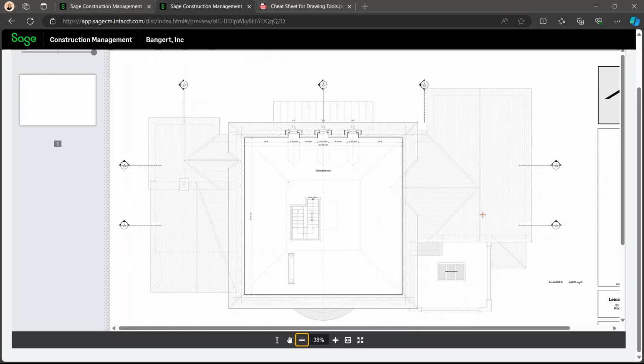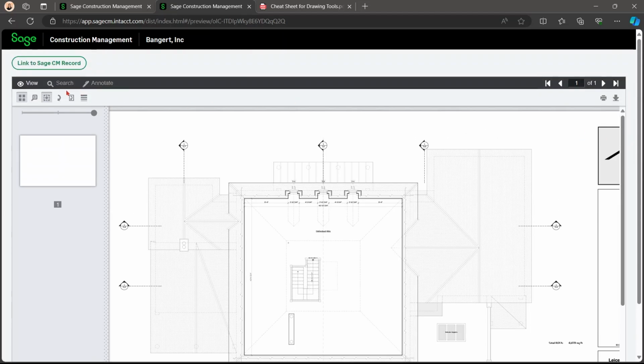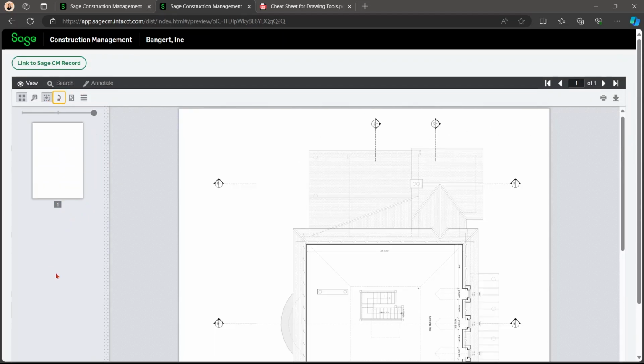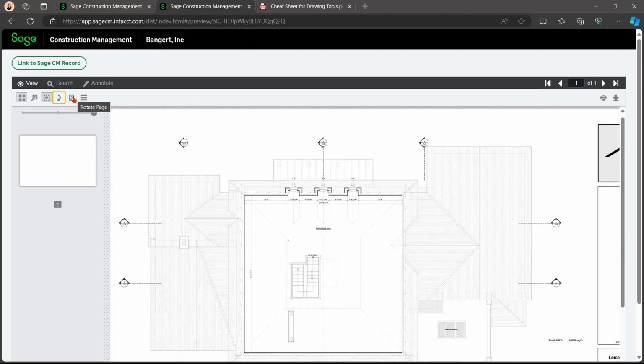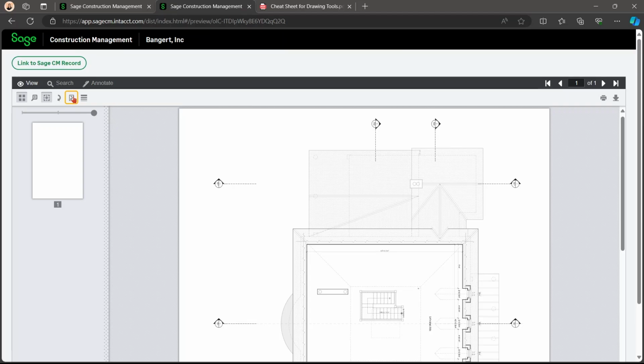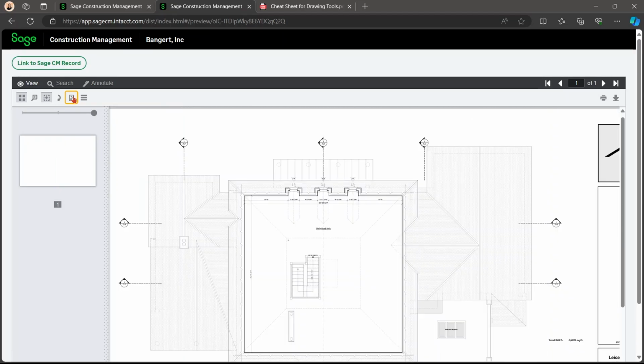So the next thing in this View tab, if we scroll up, is the Rotate Document. This will rotate all of your thumbnails. And this right here is the rotate page. This will just rotate the one page. Here we have these filters. You can use this to be able to see different things better. I'm going to zoom in to show you.